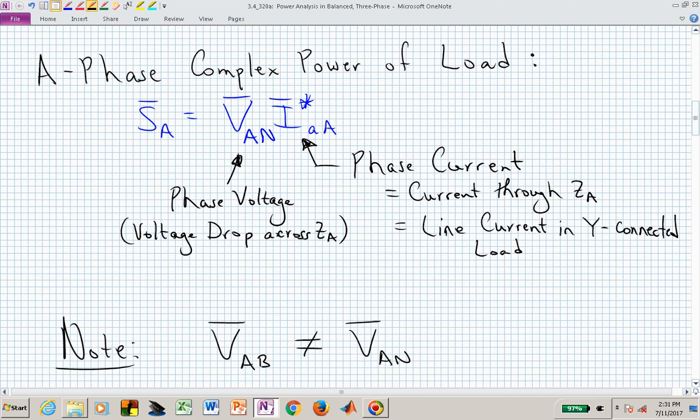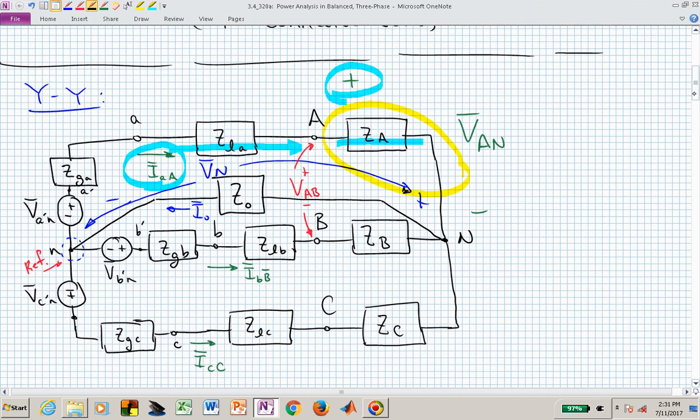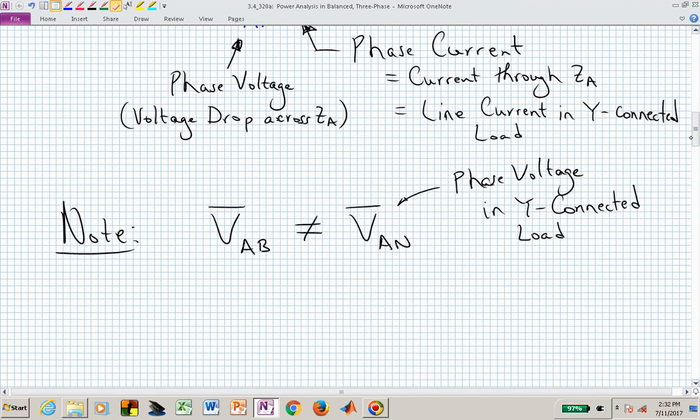And I hope that you can see that V sub AN, which is the phase voltage in this Y connected load, that's not the same as this voltage drop VAB. I don't want to emphasize that too much, so I'm going to erase that, but I hope you saw what I was referring to. So in this particular Y configuration, the phase voltage of the A phase of our load